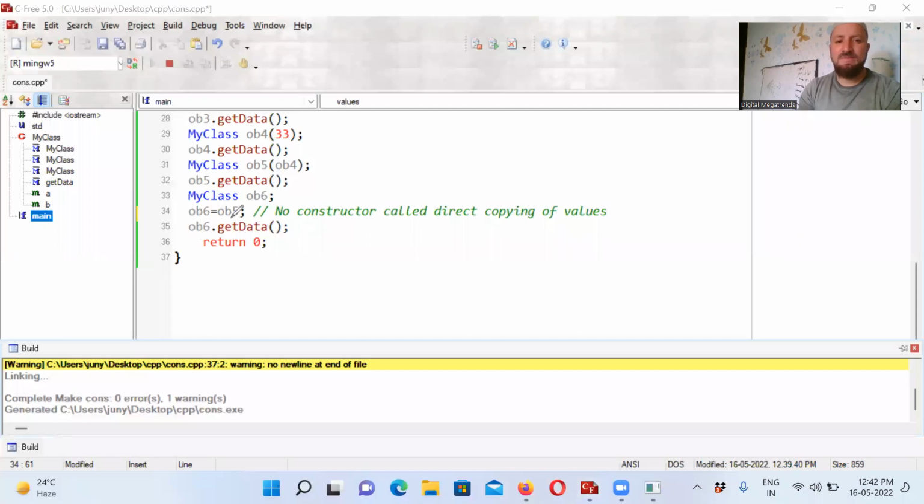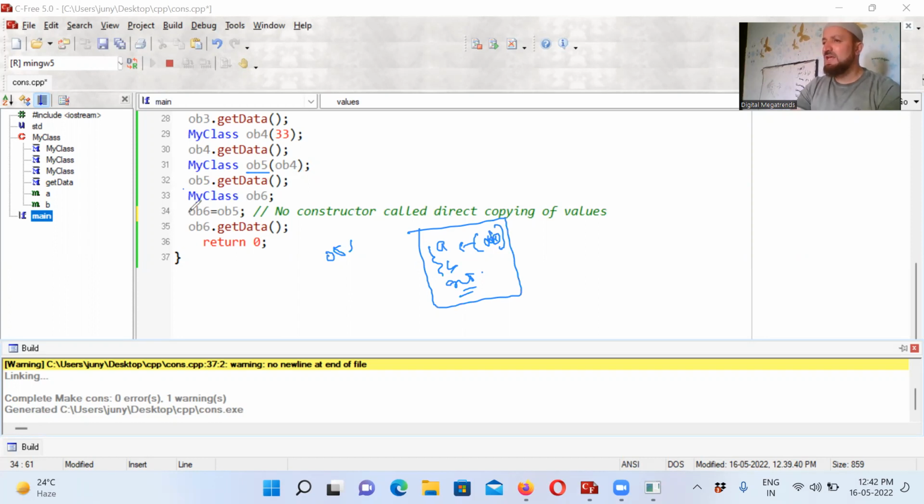आपने यहाँ पे OB5 बनाया ना, तो एक ऑब्जेक्ट बन गया OB5, इसमें अपना A अपना B और गेट डेटा वगैरह वो सारी चीज़ें। लेकिन भेज क्या रहे हो आप, OB4 इसके कंस्ट्रक्टर में गया, कॉपी कंस्ट्रक्टर में, जो इसका कॉपी कंस्ट्रक्टर है। ठीक है, उसमें गया OB4 और वो गया OB में। लेकिन इतना करने से जो OB4 के A, B में वैल्यू है वो इसके A, B में नहीं जाएंगी, जब तक कि आप करोगे नहीं। जिस तरह यहां से हो गया कि OB5 की जितनी भी चीजें थी वो OB6 में चली गई, इक्वल टू से हो गया, जितने भी वेरिएबल्स OB5 के हैं वो सारे के सारे वेरिएबल्स OB6 में कॉपी होंगे। यहाँ पे वो नहीं होगा, कॉपी कंस्ट्रक्टर में। ठीक है,